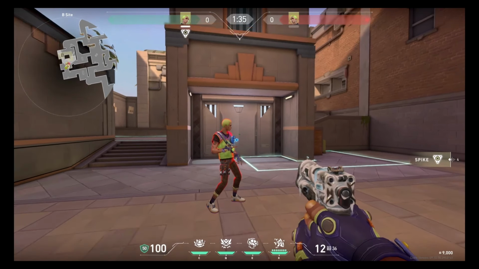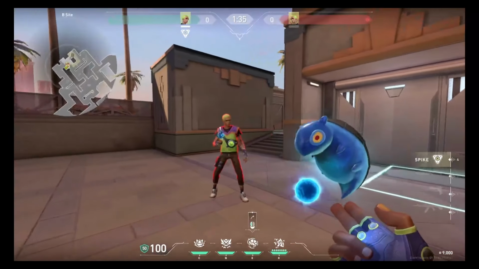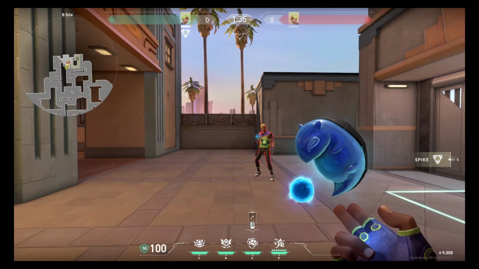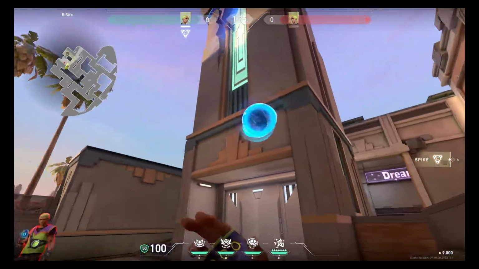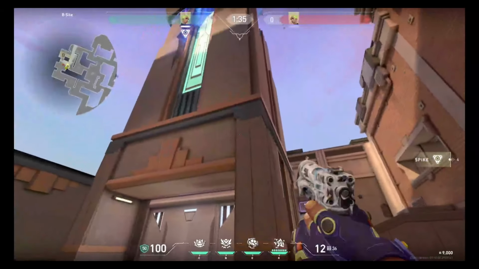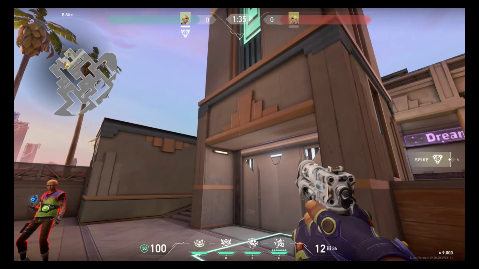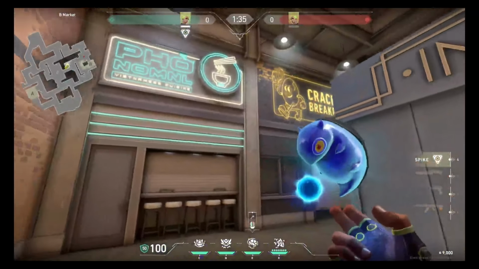For his abilities, let's start with his E. That is what my friend here is actually holding, his Dizzy. Dizzy is essentially a creature that can blind, so if I throw... Dizzy takes 2 seconds to find, can bounce off walls as you saw me bounce off this pillar, and can detect up to 45 meters. So if we go over here,